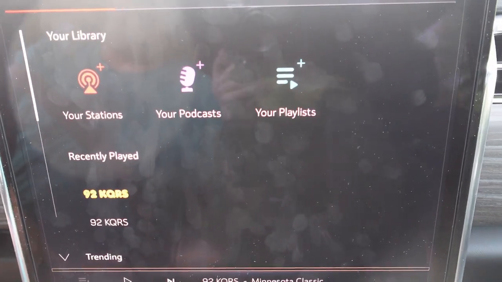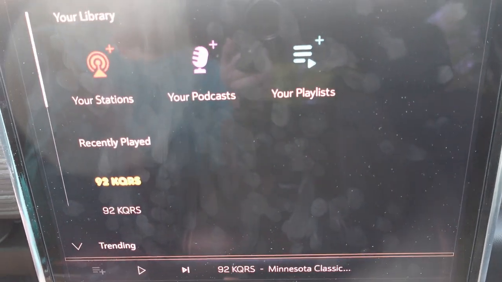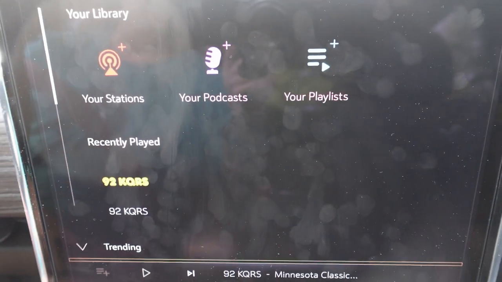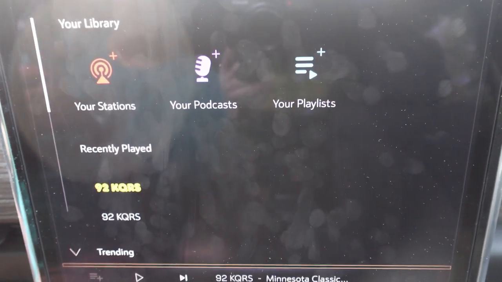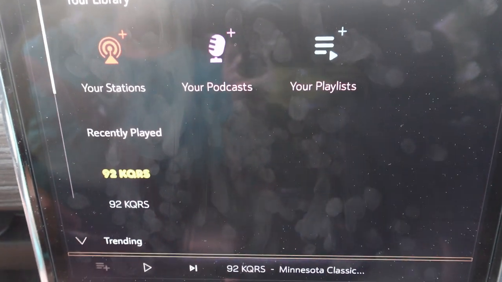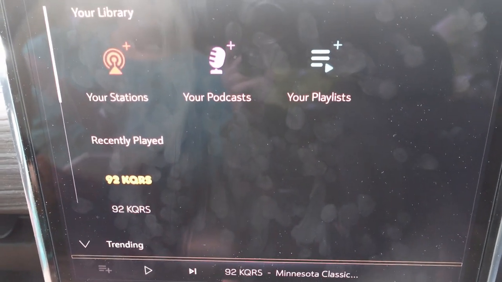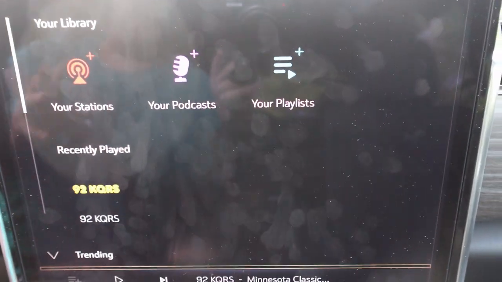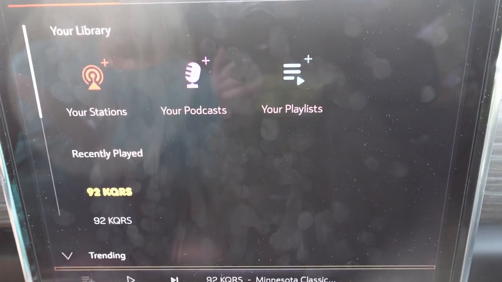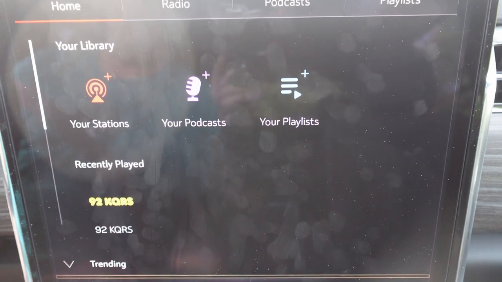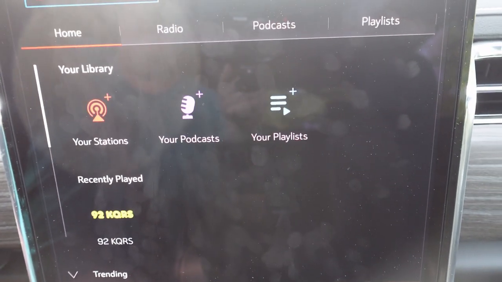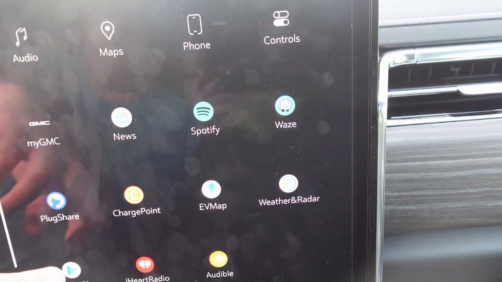So I can't say that every single app that you have on your phone is going to work, but there are options to be able to use your iPhone within your new GM vehicle and utilize the apps that you probably like to use. The list of apps is pretty small right now. The most common ones that you would see, such as YouTube video or YouTube music, they're all there, right? So if I go to